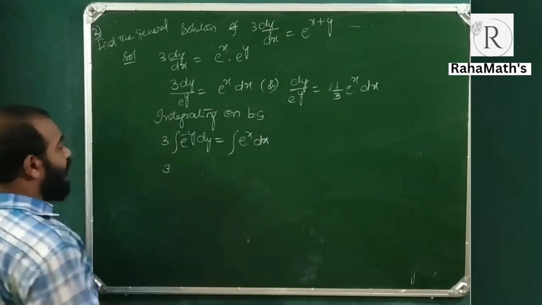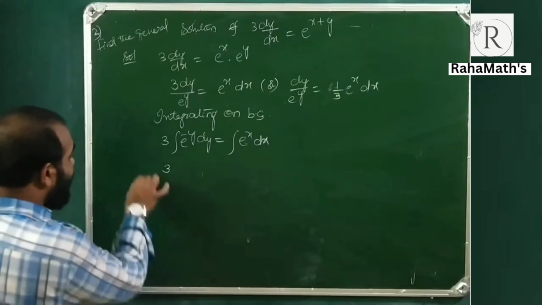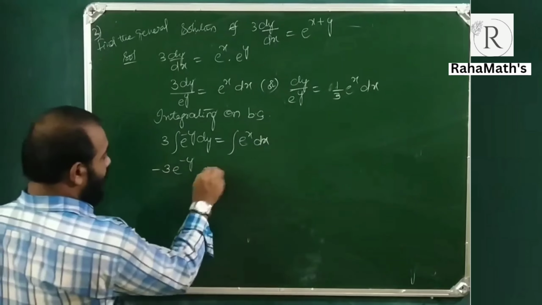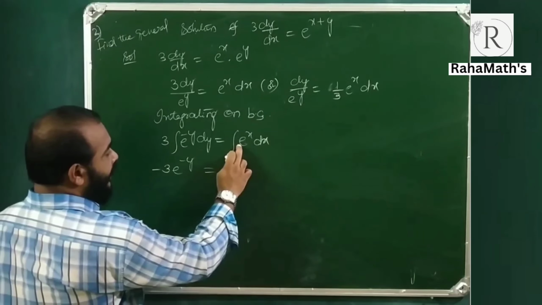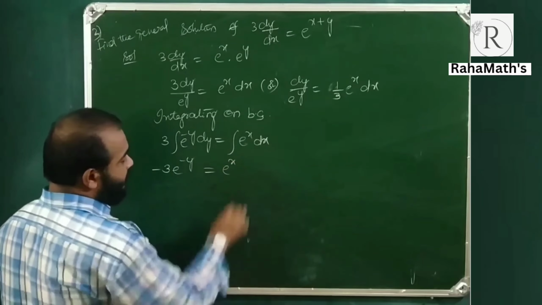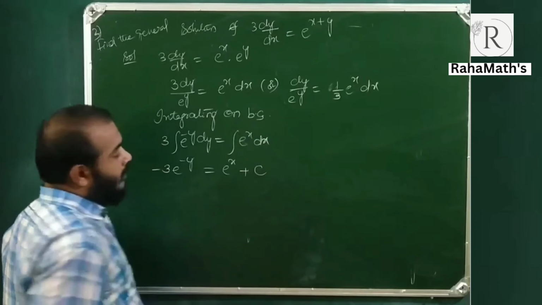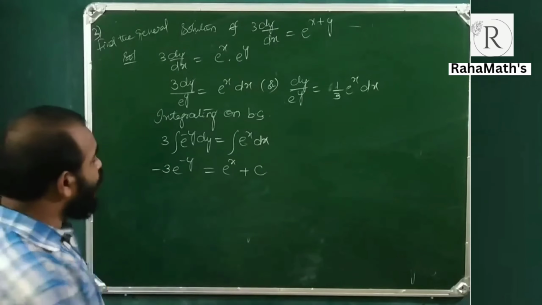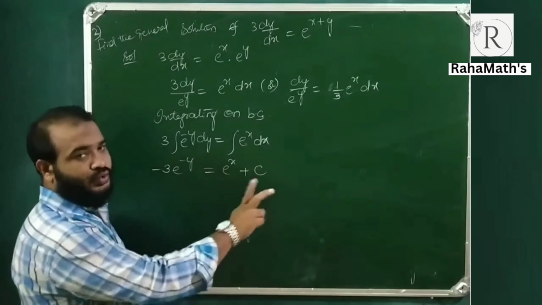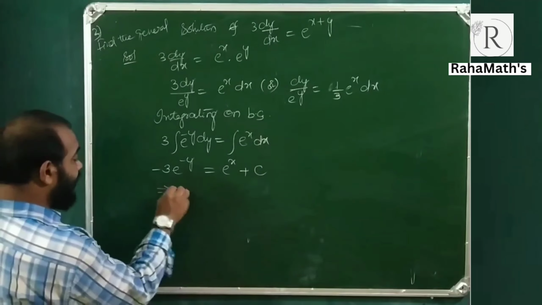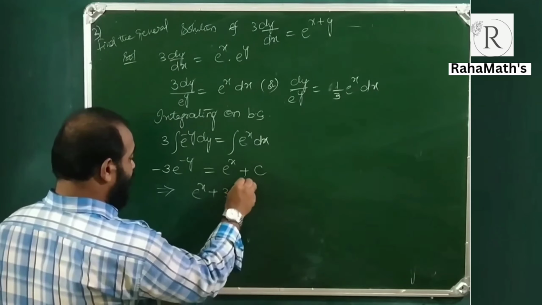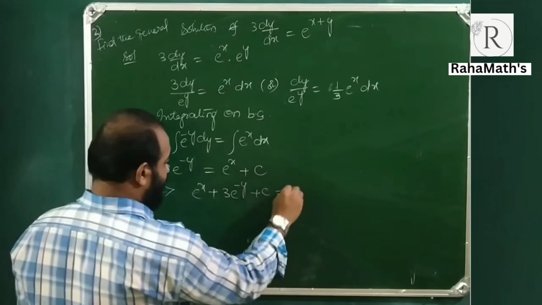So 3 into integral e power minus y is minus e power minus y is equal to integral e power x dx, which is e power x plus constant of integration at the end, plus c, or you may even write e power c also. So this can be written as e power x plus 3 e power minus y plus c equals to 0